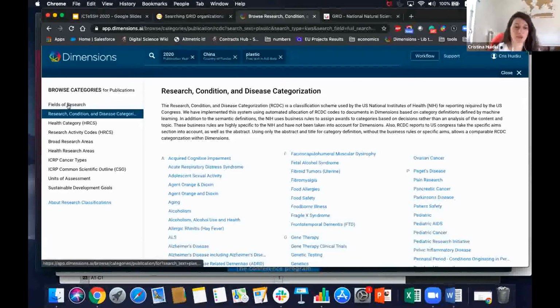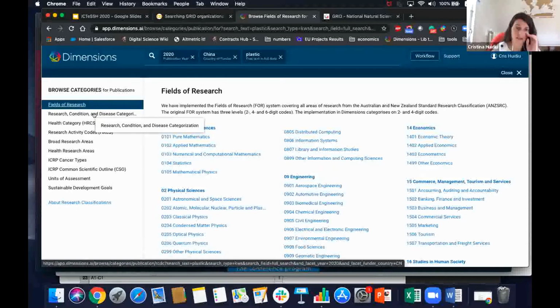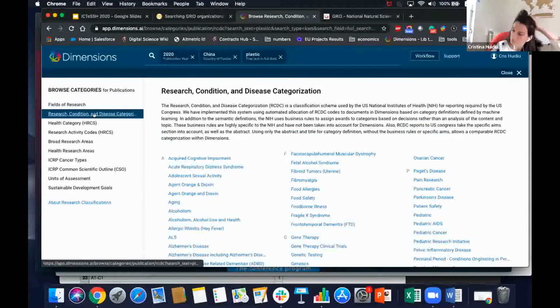The fields of research is used to calculate the FCR, the field citation ratio, which is the normalized metric at field level. The main difference is that the categorization itself is applied at article level, so the resulting metric is a pure article-level metric. And the RCDC is used for, well, actually, it's not used yet. I've used it separately